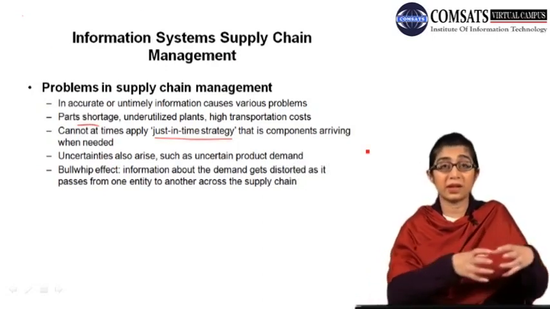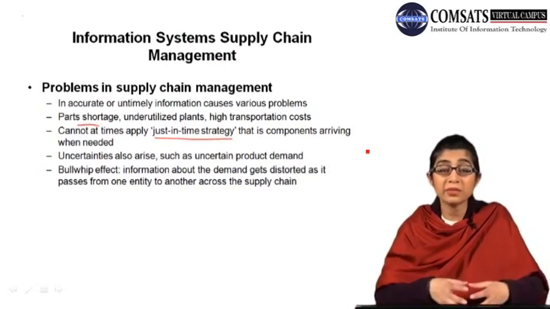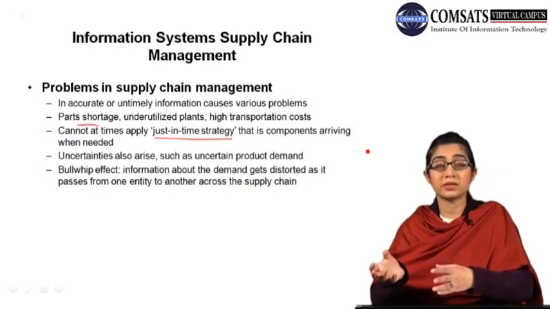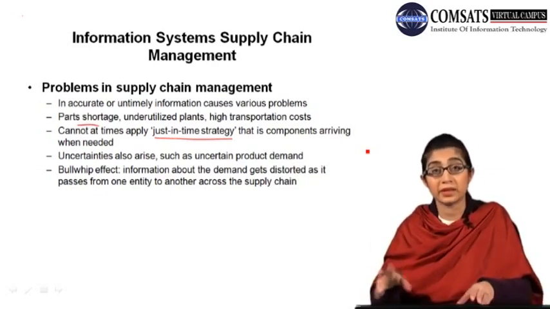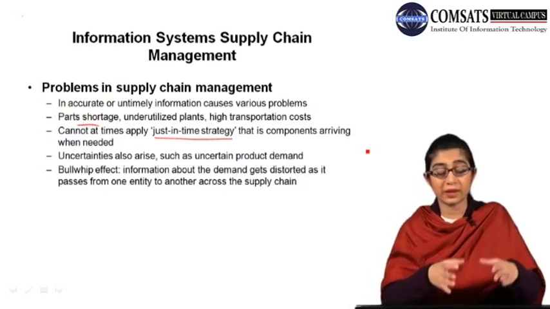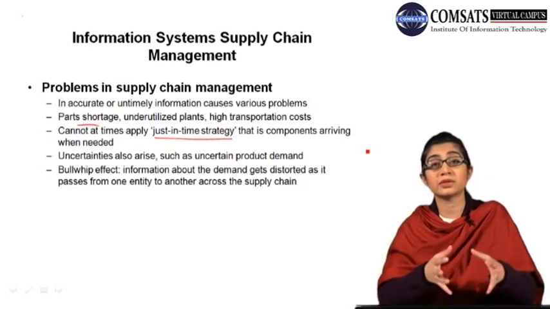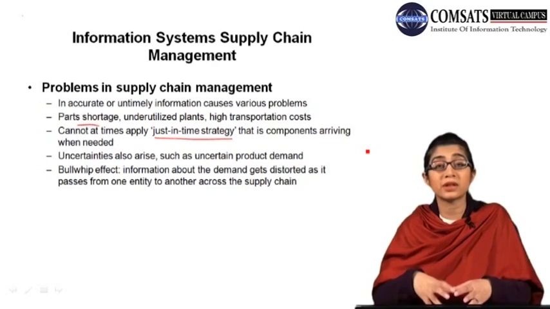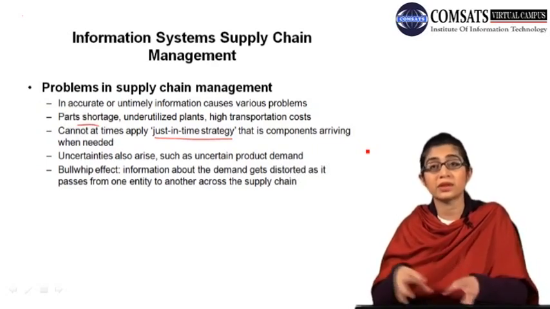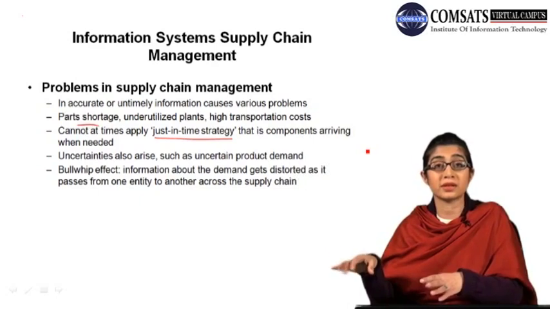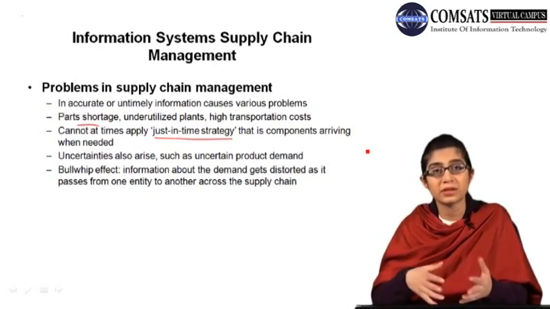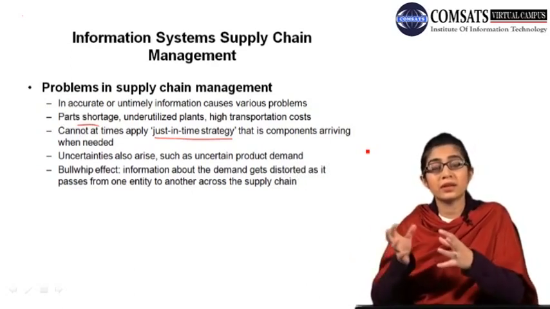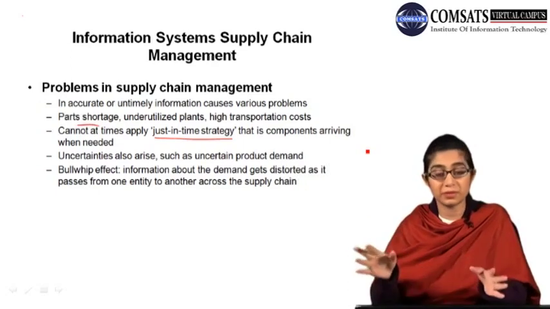That the components are arriving exactly when you need them, or the finished goods are leaving the distribution center or warehouses as soon as they are completed. So the just-in-time strategy should be that you get the raw materials or components exactly when you need them, and the finished goods leave the distribution center as soon as they are completed. That means there is no excess inventory load on your warehouses and distribution centers, and the products are created according to the demand.